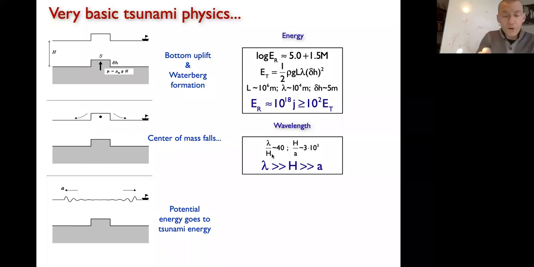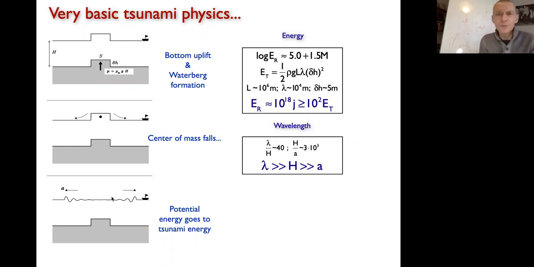Oh, sorry, before I had been saying deep water. I'm very sorry, actually it's shallow water. Discussion in a few minutes here. So the wavelength is much larger than the height of the fluid, and in fluid dynamics this is called the shallow water condition. What else? Well, the thickness of the fluid compared to the amplitude that is starting to propagate,